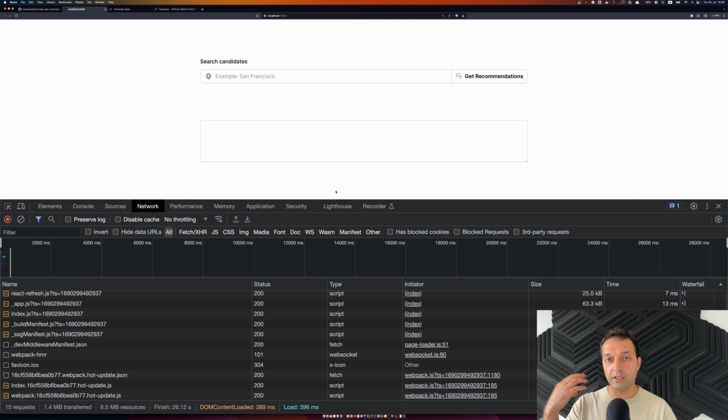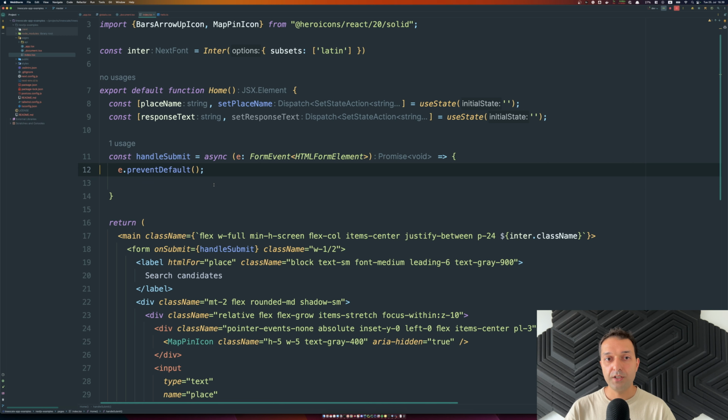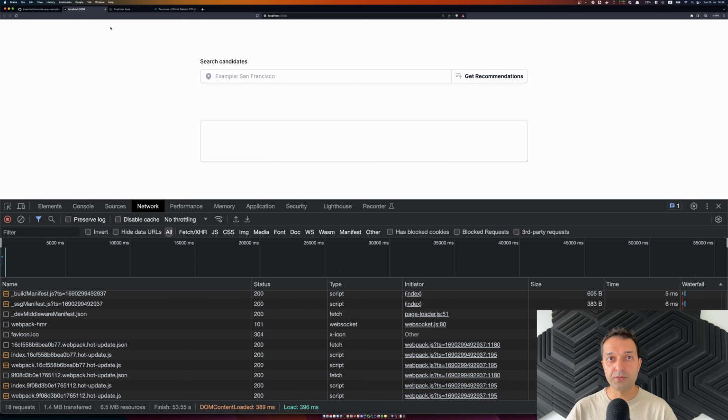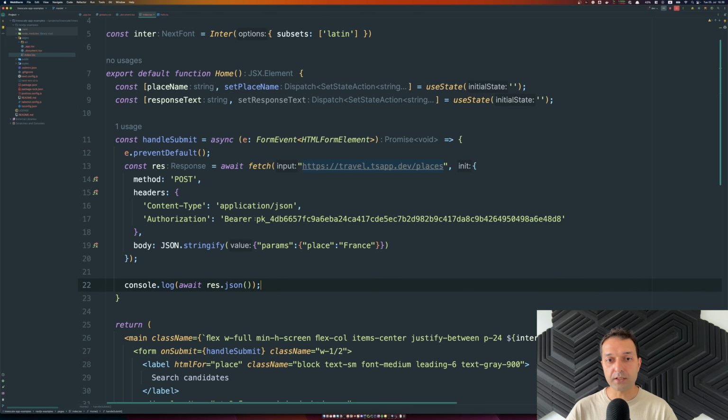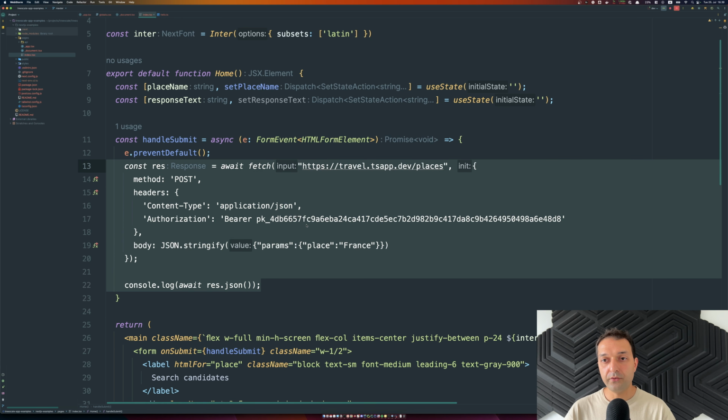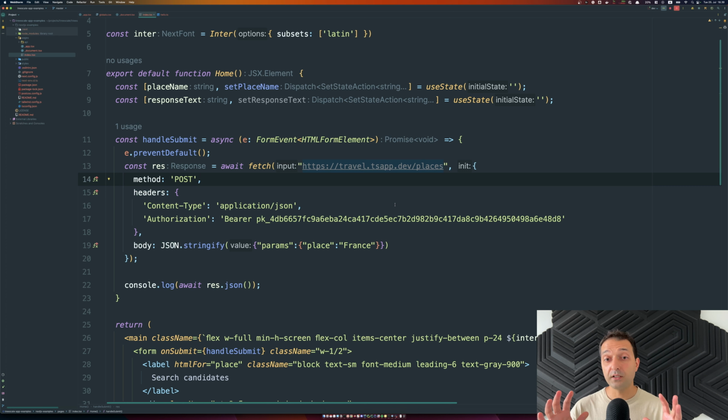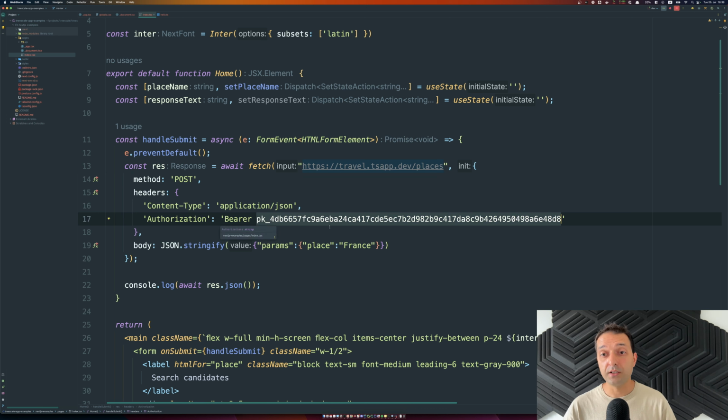So this covers the entire workflow, and the missing part is just the piece of code that we have from TreeScale as a code example here. So we can just freely copy and move that request code here. This essentially gives us a full request with all necessary parameters, even with the secret token for the authorization